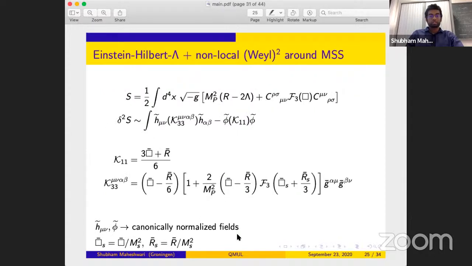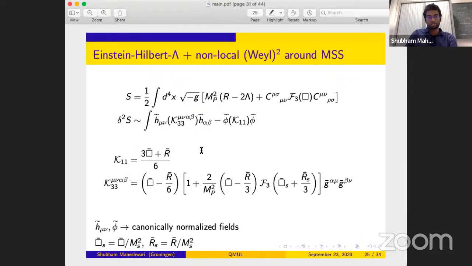So instead of taking an action which has 3 different non-local terms, I'll just consider an action which has only one non-local term, and I'll choose that non-local term to be the one coming from the Weyl squared piece. So I take the action to be Einstein-Hilbert, with the Ricci scalar with a cosmological constant, and a non-local Weyl squared piece. In this case, around a maximally symmetric spacetime, it could be dS or AdS,